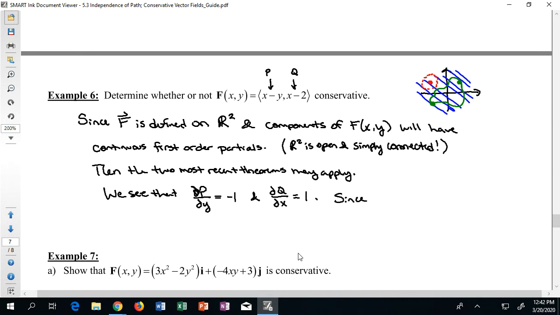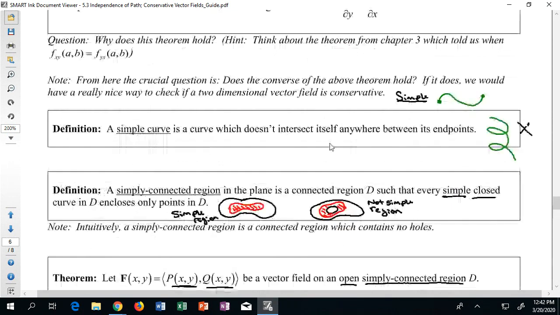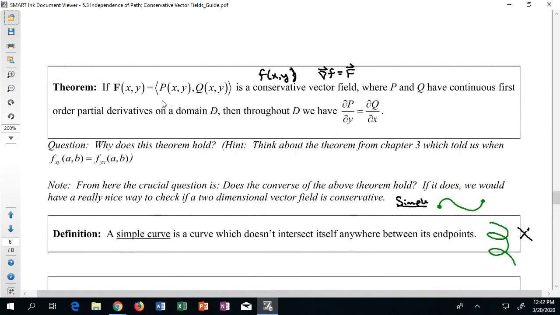But then I can see something. Clearly, it turned out to be the case that these two partials did not equal each other. And so I can think here for a moment, well, wait a minute. If these two things didn't equal each other, what does my most recent theorem tell me? This said if they did equal each other, then you would be conservative, but it doesn't say anything about the reverse. Let's look back at the previous theorem. This says if you